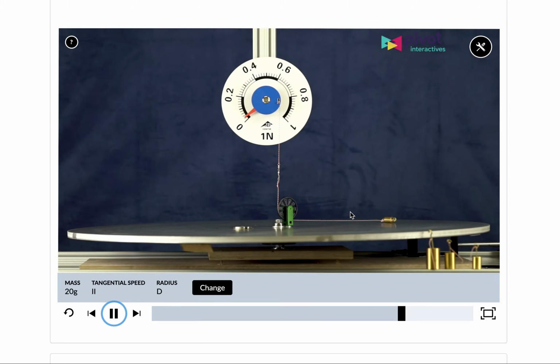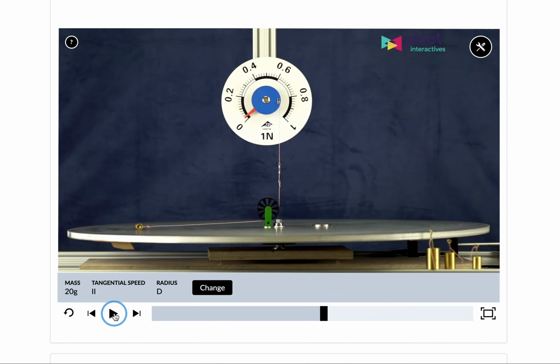And we want to know what happens when we make three kinds of changes. The first kind of change would be a change to the amount of mass connected, and right now there's 20 grams sitting on the turntable. The second kind of change is a change to the speed at which the mass is rotating in a circle. And the third kind of change is the change to the radius of the circular path. So if I play this again, this right here is the radius. Okay. All right. So